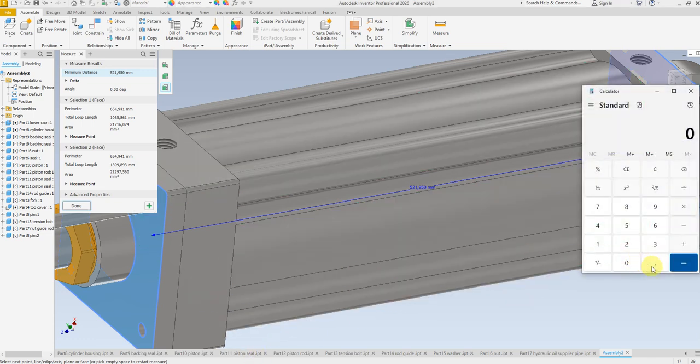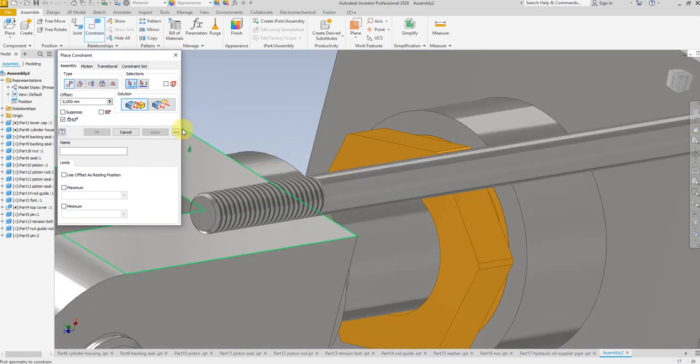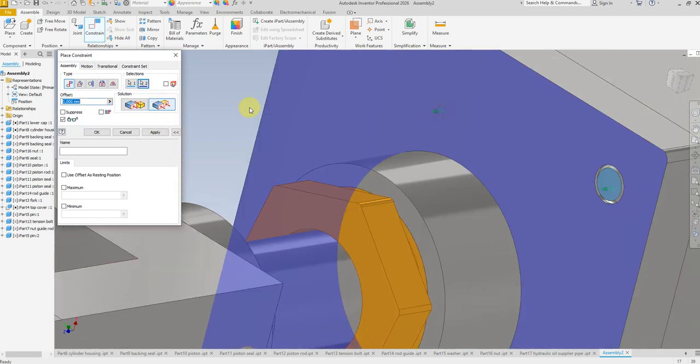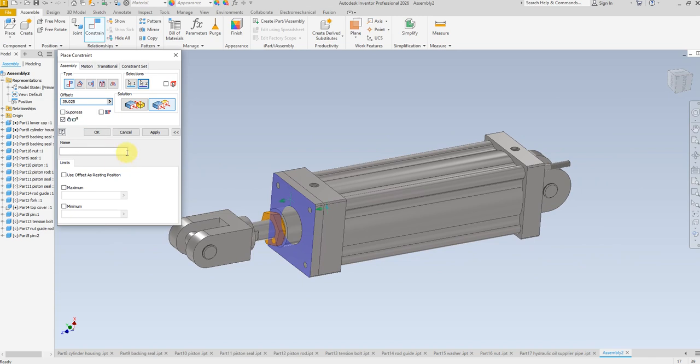So 600 minus 521.950 divide by 2, 39.025. So minus